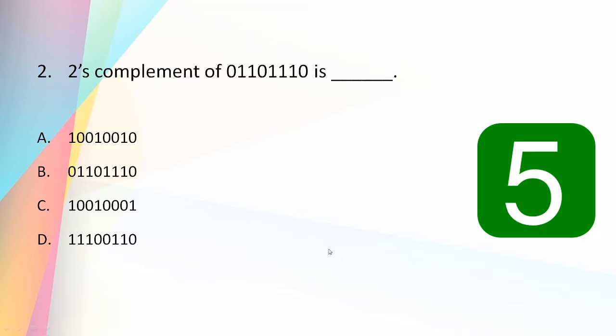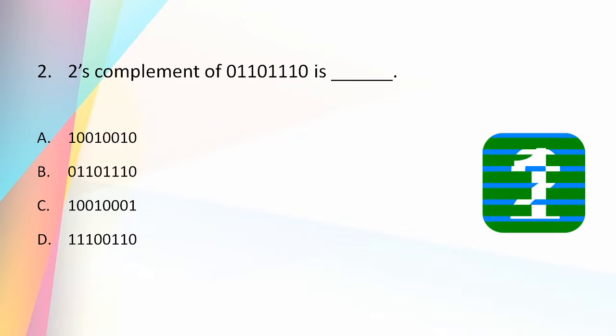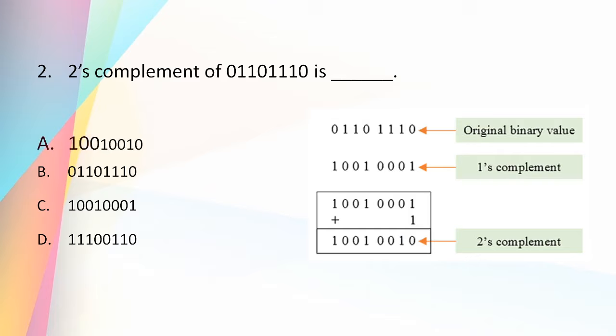2's complement of 0110110 is: 1001010, 0110110, 10010001, 1110010. And here you go. And the answer is 1001010. So the normally used method to find 2's complement of a given binary number is first to find the